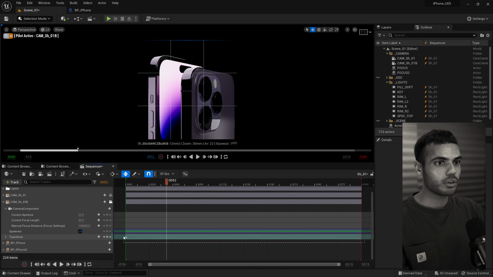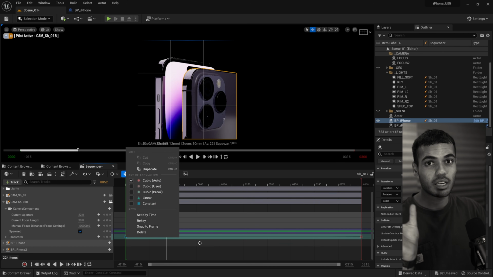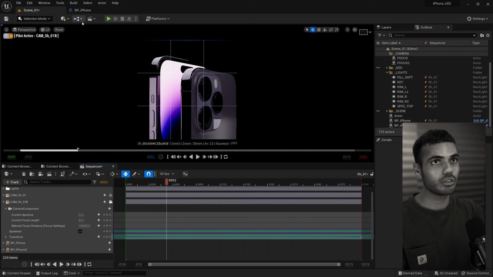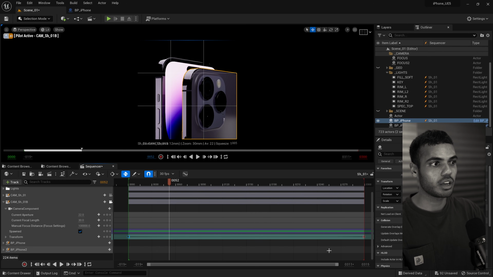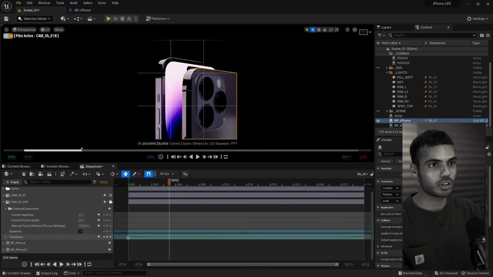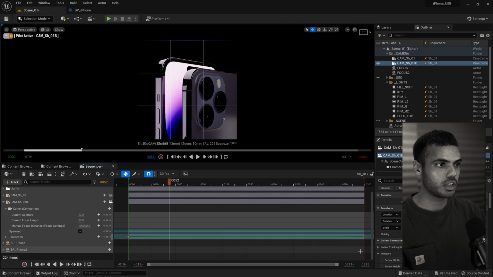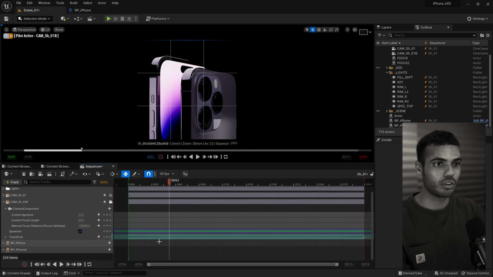I think by default, your settings will have the keyframes come in as cubic, which is easy ease in and out. I set my default to linear, and you can do that in your project or editor preferences. Or what you can do is if you select both keyframes and you hit 1, that makes it ease in and ease out. And if you hit 4, that makes it linear keyframe. So just a quick shortcut. You can select this, make this ease, select this, make this ease or linear, select both and do it to all of them rather than right clicking and clicking your selection every time.